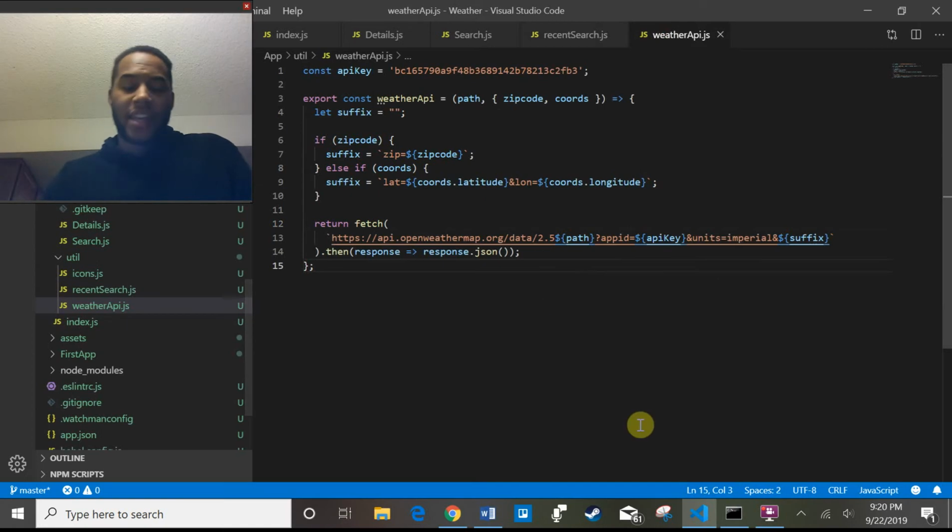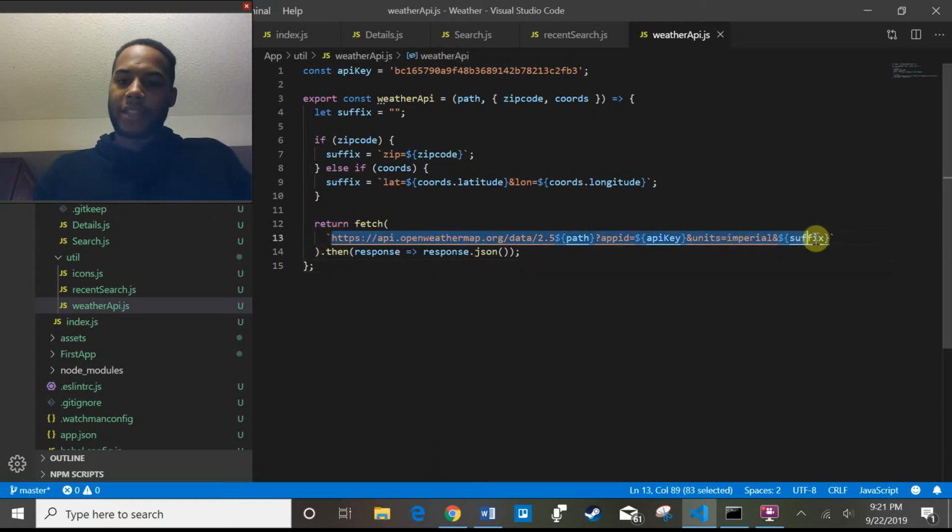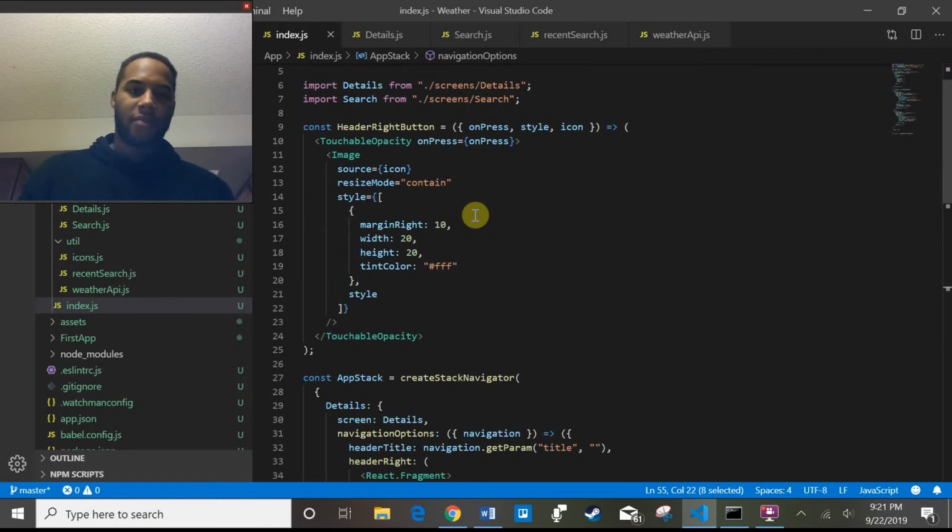The weather API is the simple API, the API key that I was able to acquire through the website, as well as the link that we access to get all the information that makes this app work. And all of this is online, so it accesses the internet, and through this link right here, we access the API, the zip code, the longitude, the latitude, and all the coordinates that we necessarily need. With that, I believe that roughly explains how the app works right now,